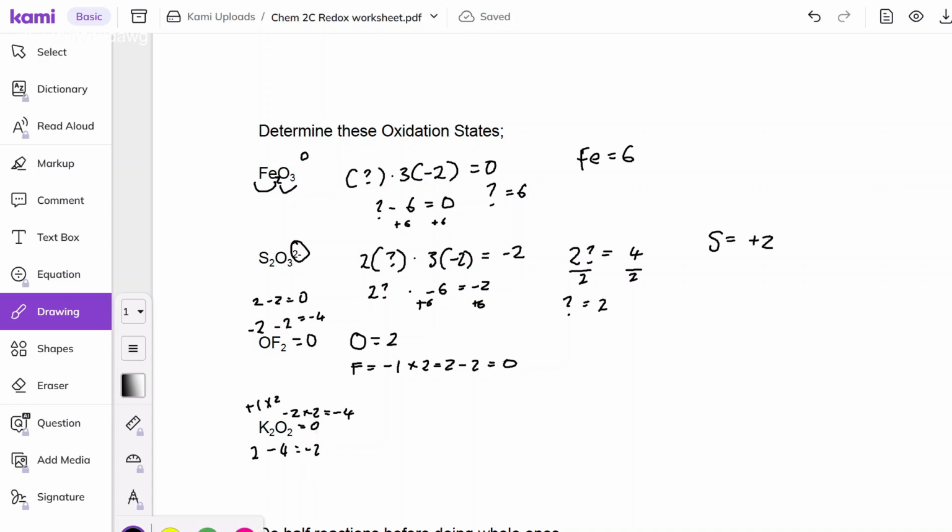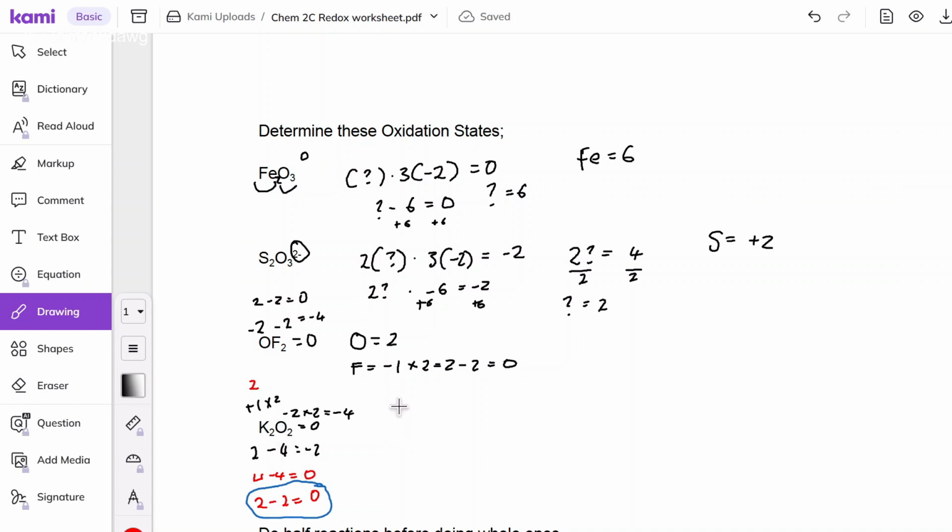But over here we see it's equal to 2. And to change that, we can either make K have a charge of 2, and it will be 2 times 2, 4 minus 4, to make it 0, or we can make oxygen have a charge of -1 instead. So this would remain 2 minus 2, which is 0. And for this problem, we picked this one, and the reason why is because K is an alkaline metal, and